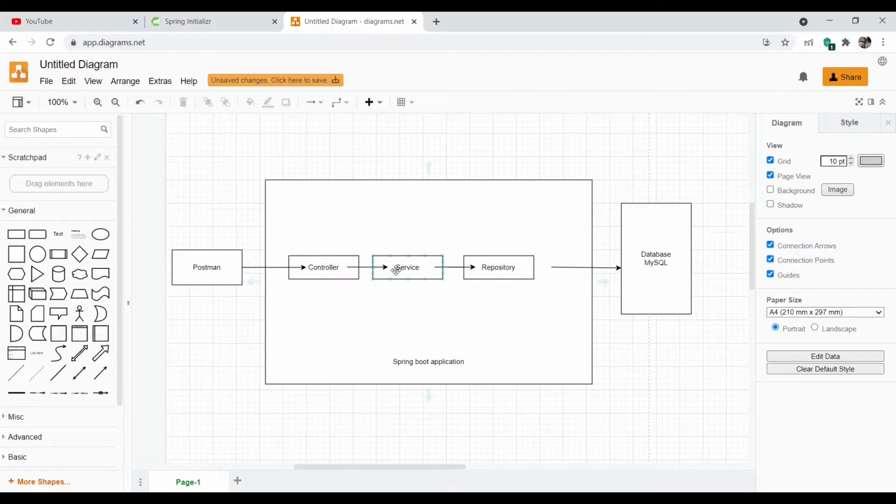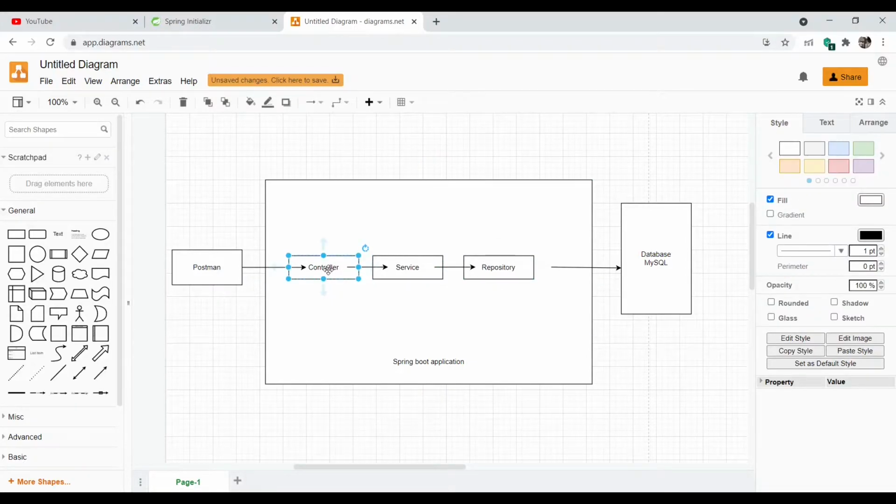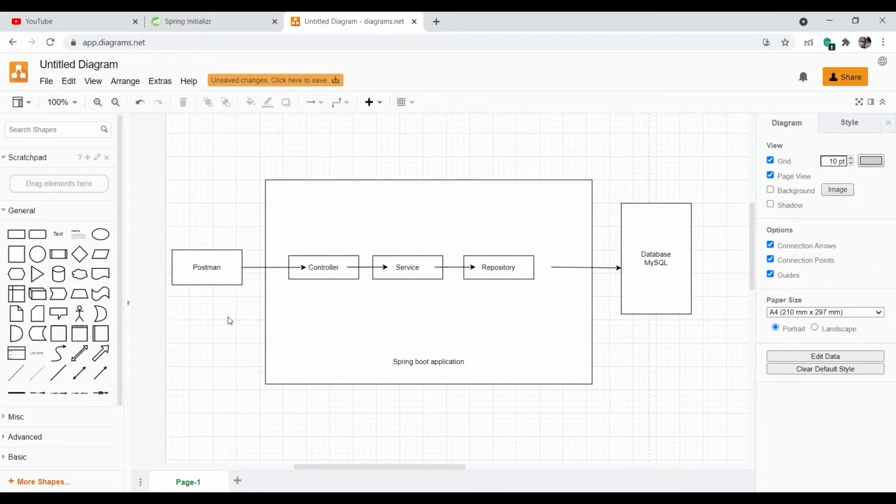In this we'll be dividing that into 3 layers. First is the controller, which will accept all the requests. Then that request would be forwarded to a service layer. In the service layer, we typically write our business logic to modify or change the behavior of our data and such things. And finally, it will go to a repository layer, which will further push that request into a database source, which will contain all the data. In this case, I'll be using MySQL. Finally, we'll be getting a response back to our client, which in this case is Postman. So let's code each of these layers and write our RESTful endpoints.